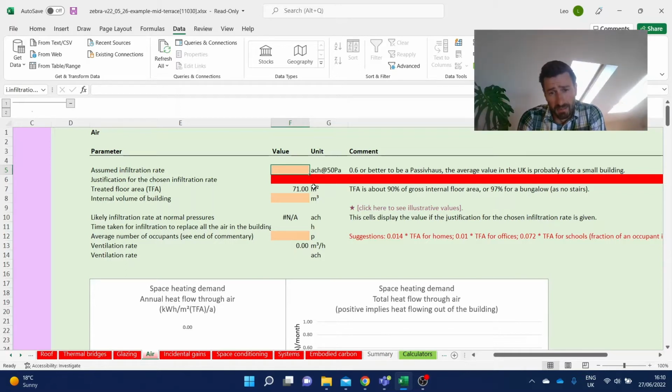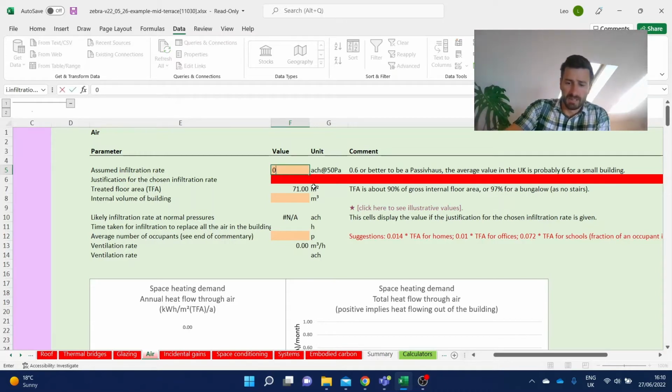And it will depend on both the form of construction you choose and also the experience of the construction team with building low-energy buildings. So the objective to build a low-energy building is to get this infiltration rate as low as possible. But you also have to be realistic about what can be achieved in your area based on the local experience with building low-energy buildings.